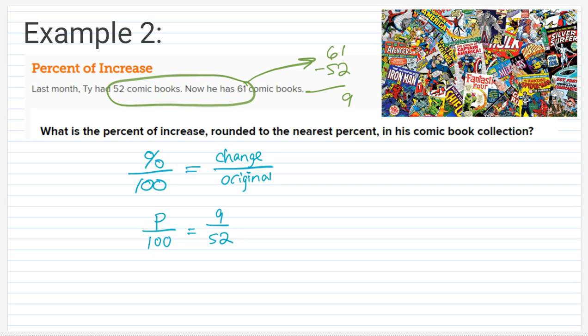Now that I have my proportion set up, it's just a matter of doing cross products. 52 times P, 100 times 9. So we're going to have 52P equals 900, right? Because 9 times 100 is 900. And then we have one more step to solve this. Now that we have a one-step equation, that one step is to divide both sides by 52. So divide by 52, divide by 52, and then 900 divided by 52 ends up giving us an answer that's not very nice. We get P is approximately equal to